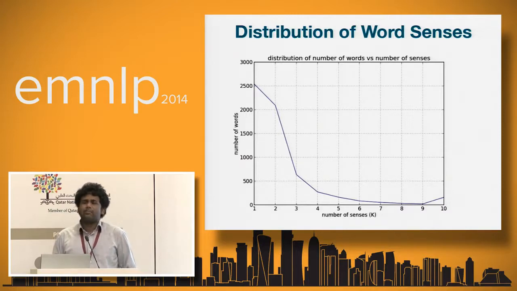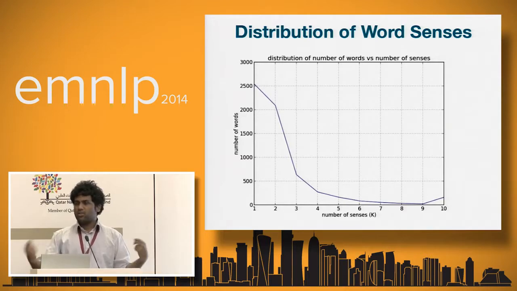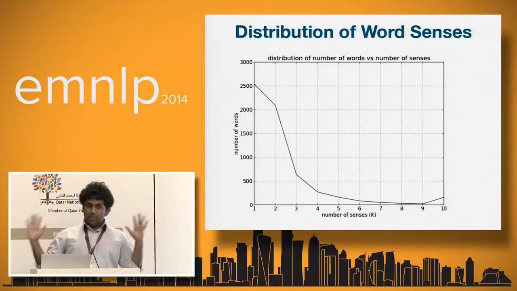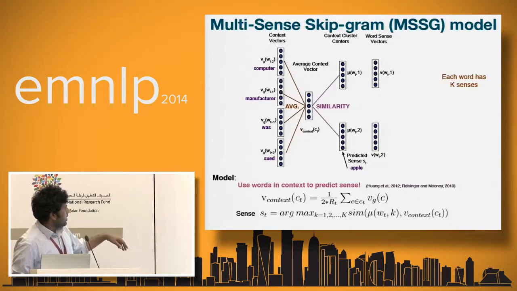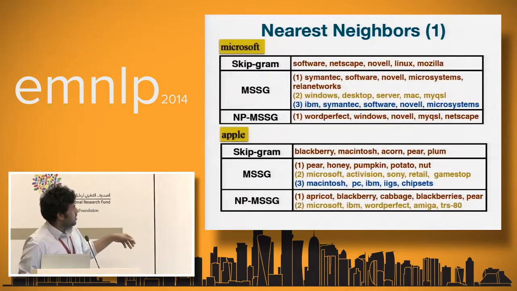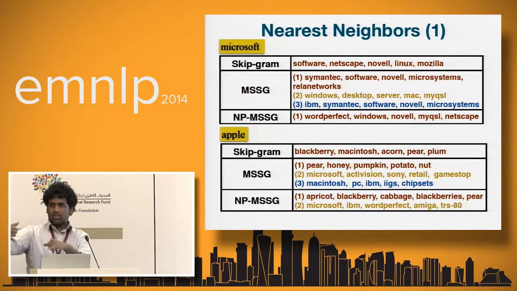And if you think of this whole objective where we have multiple vectors for a word, and we pick the maximum one, this is similar to, for those of you familiar, maxout training in a neural network. And I think because it corresponds to that, if you look at the nearest neighbors of the MSSG model, even when it has extra senses for a word, the nearest neighbors don't look horrible. Even though we get new extra senses, the vectors still correspond to one of those senses. And I think that's very good, and it happens because of this maxout style training.